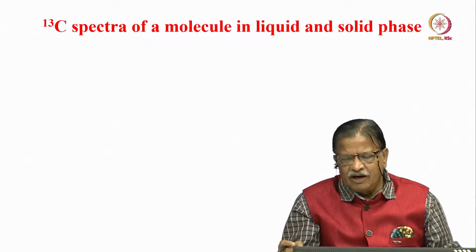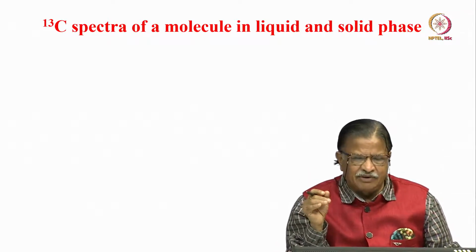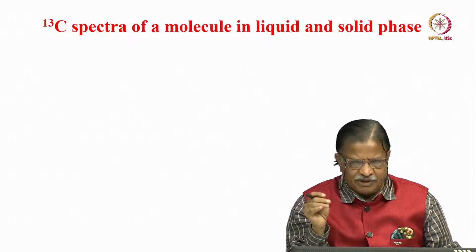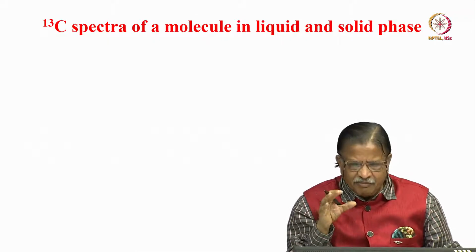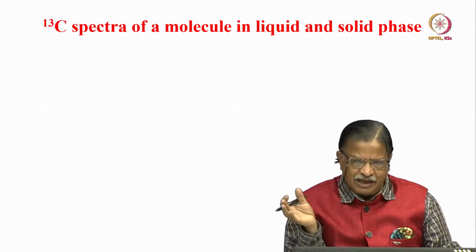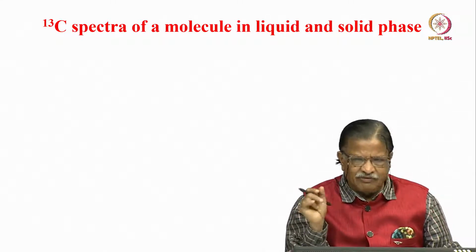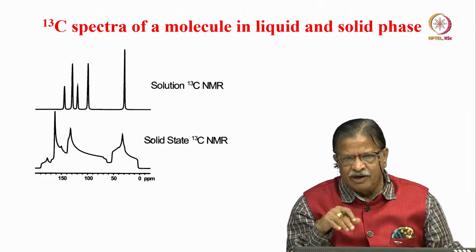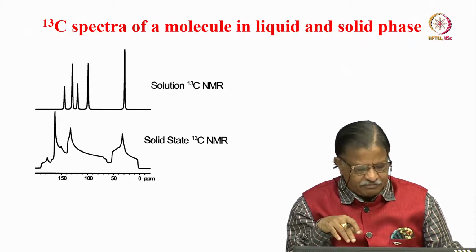who are doing enormous research to get the sharp lines in NMR, to reduce the internuclear interaction strength, reduce the line width to get sharp lines. Okay. But by and large, most of the application is concentrated only on carbon 13 and other X nuclei instead of proton and fluorine. Let us take the example of the carbon 13 NMR spectra of a molecule in a liquid and a solid phase.